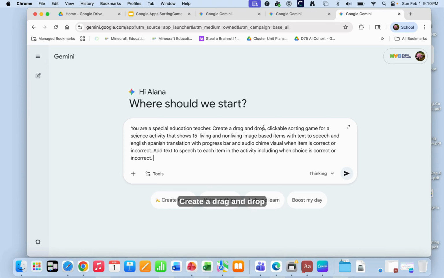Create a drag and drop clickable sorting game for a science activity that shows 15 living and non-living image-based items. And including in this activity is to add text to speech. So when students click on something, it's spoken to them. Add text to speech and